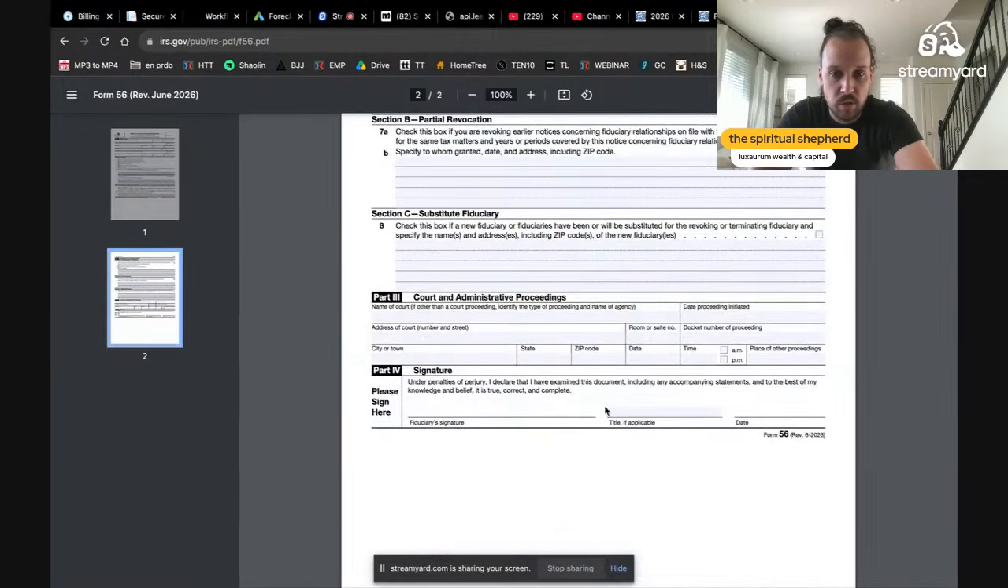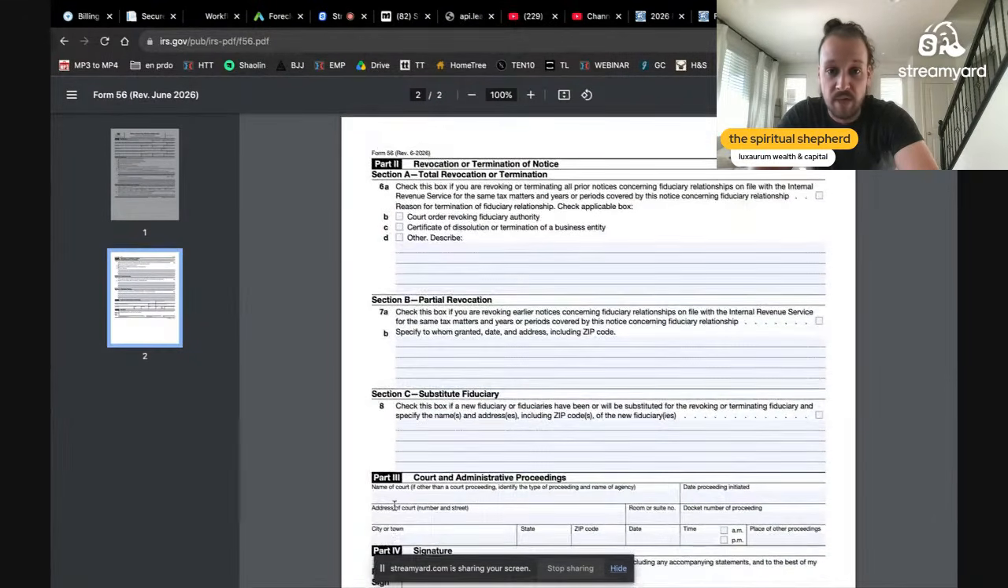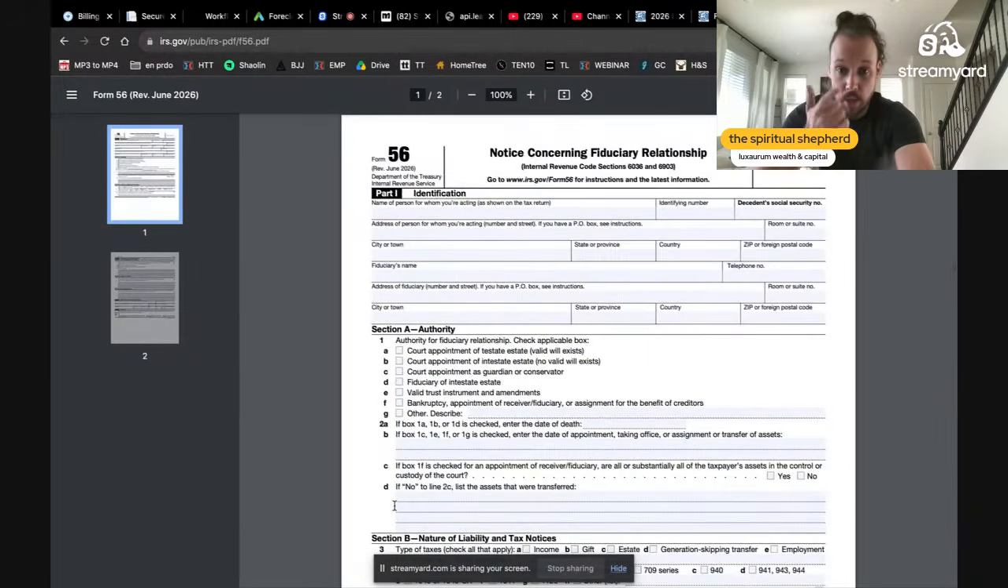So what you'll do is you'll sign all this. You'll go through sections A, B, and C. Whether you're going to have a total revocation or termination of election, you're not necessarily going to do this. You're not terminating that you exist in their system. What you're doing is terminating that they can access your system on behalf of you when you never told them that they can do it. You're putting people in place. You're putting them on notice